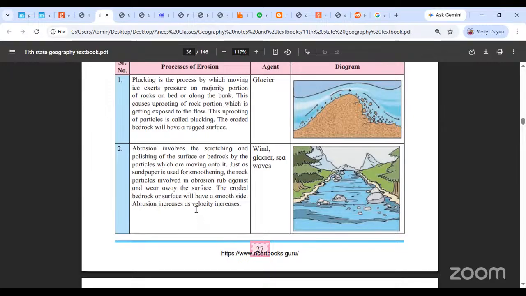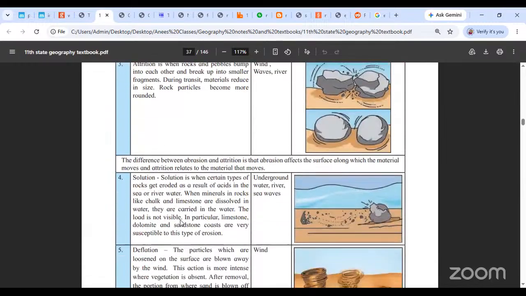Okay, abrasion का मतलब होता है scratching and polishing. Sandpaper से जो effect मिलेगा ना, उस effect की बात करें हम लोग. Okay, तो scratch करता है वो भी material जो भी होगा, तो material के अंदर जो load होता है ना, for example we are talking of river water. Okay, so river water is going to carry with itself smaller pebbles and smaller pieces of rock and something like that. Okay, they will scratch and polish the surface of the sides of the river or something like that, and that process will be called abrasion. Same with the glacier, same with sea waves, because sea waves will also contain those little rocks and stones. Okay, ठीक है.